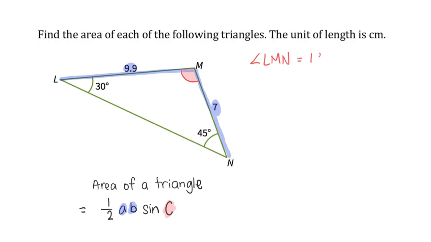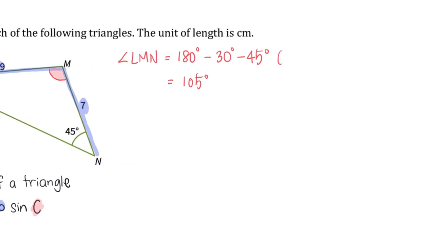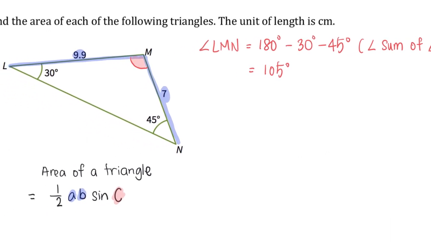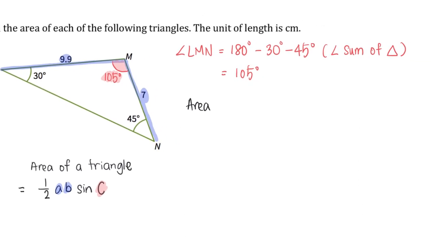which is 180 degrees minus away my 30 degrees and my 45 degrees, to give me a value of 105 degrees. Okay, this happened to be the angle sum of the triangle. Now, with this 105 degrees, we can then apply the formula easily. So area of this triangle